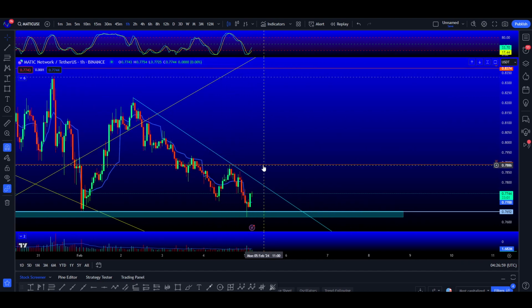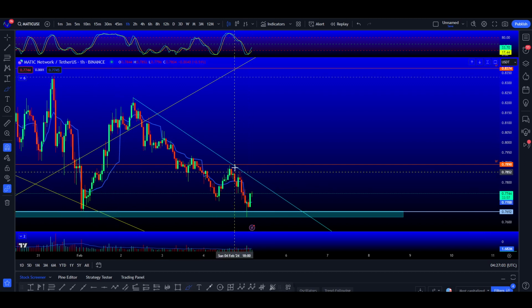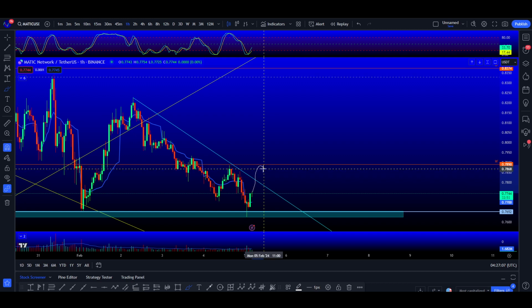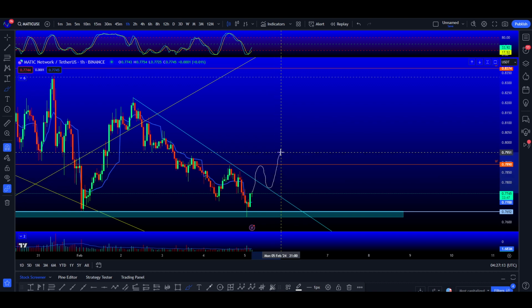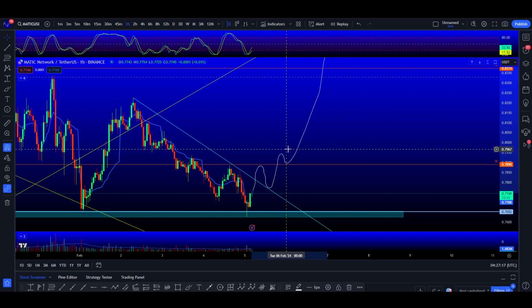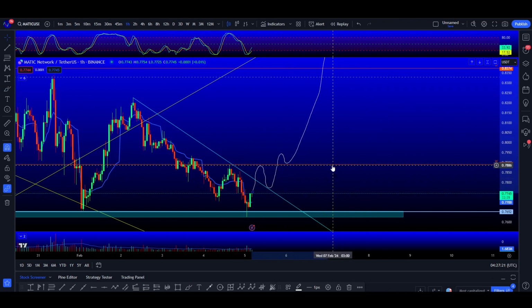Now we do have two major challenges, right? The first stage would be breaking out of this trend line. So if we break out, I'm expecting to get a little rejection from this weekly level, which is still untapped, coming down, back testing this trend line as support, flipping this weekly into resistance before finally continuing higher, right? So if we do get that price action,